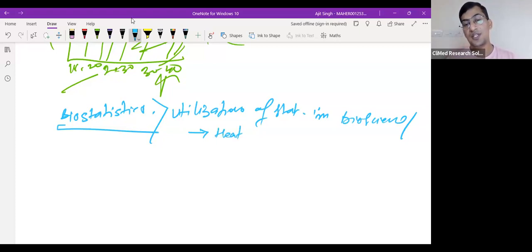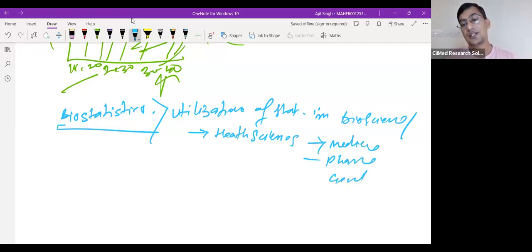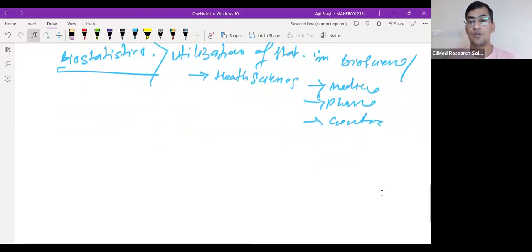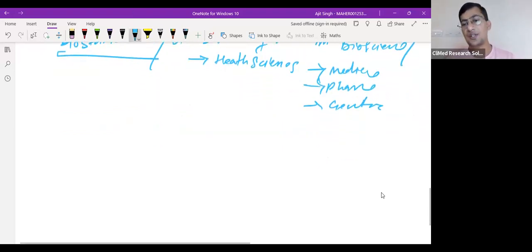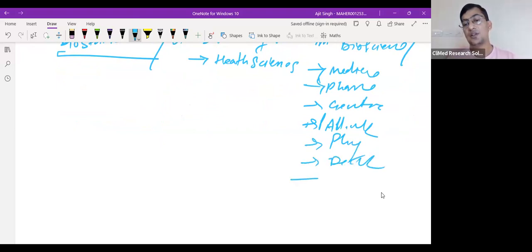First of all, as we are from the health science area, that comes under bioscience. That means healthcare, medicine, pharmacy, genetics, and there are many more, thousands. Palliative care, physiotherapy, dental, occupational therapy, imaging,